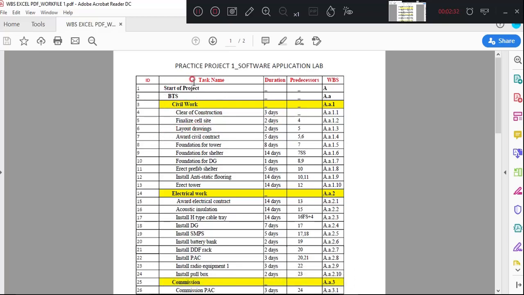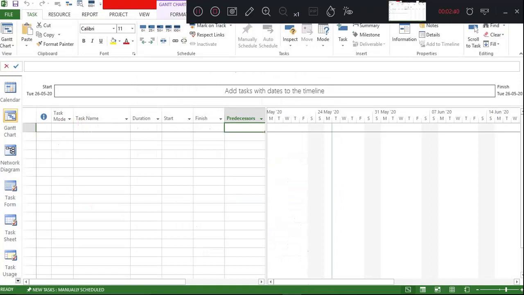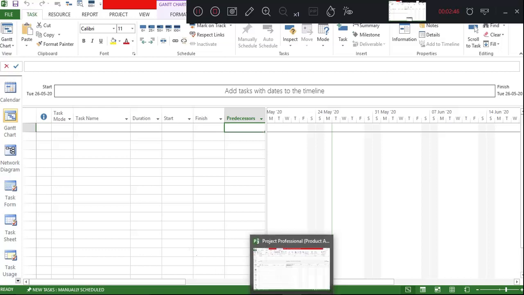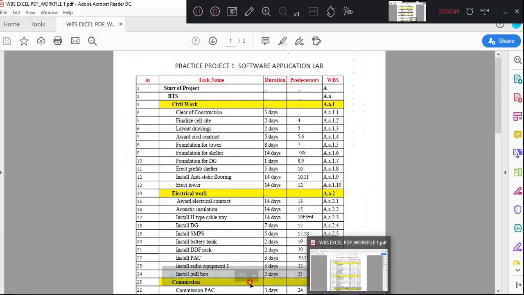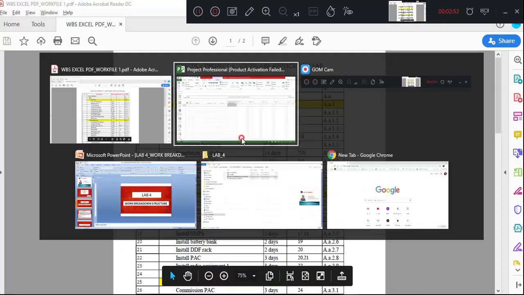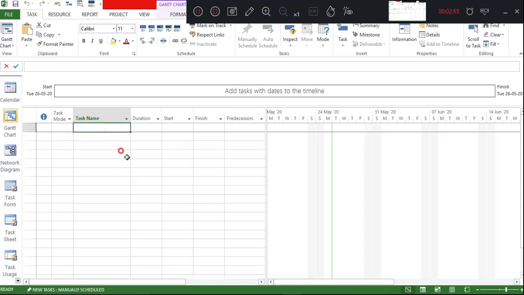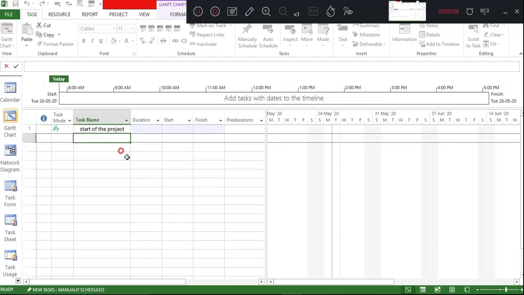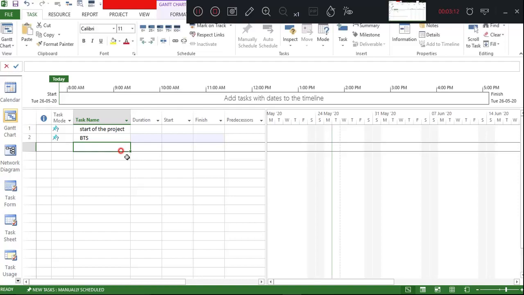As the activity names are given here, first I'll create these activities in my MSP file. Considering this as a reference, I'll start creating my activities here. First it is start of a project, BTS, civil work. I'll go on creating. Start of the project, then BTS.